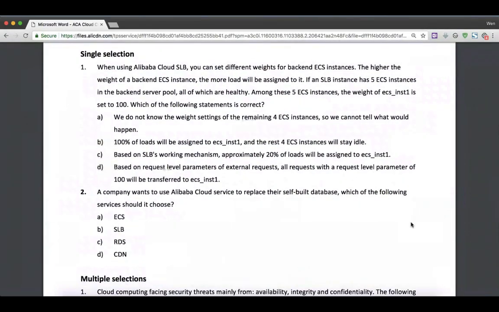So the first question: when using Alibabacloud SLB, you can set different weights for backend ECS instances. The higher the weight of a backend ECS instance, the more load will be assigned to it. If an SLB instance has 5 ECS instances in the backend server pool, all of which are healthy, among these 5 ECS instances, the weight of ECS_inst1 is set to 100, and then which of the following statements is correct? Well, this one is a little bit tricky, but actually if you are careful enough, you should be